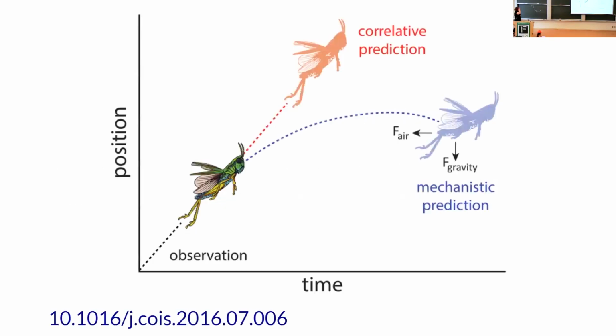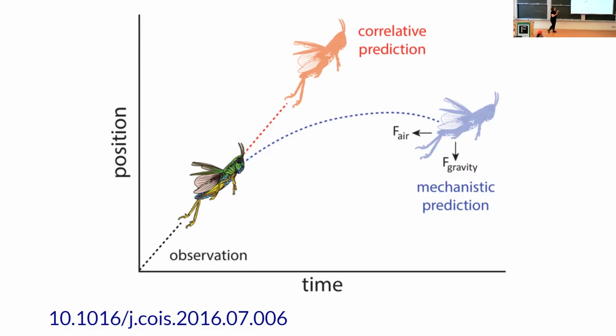So for instance, here's an example that Corinne gave me that's really nice, that we're thinking about the position of a grasshopper over time as it jumps, right? And maybe we only observe this first part. That first part looks awfully linear, right? So it kind of makes sense, there's a correlation between position and time in that observation that's linear. So if you were to do a linear regression and predict ahead in time, you would just get that the grasshopper is going up.